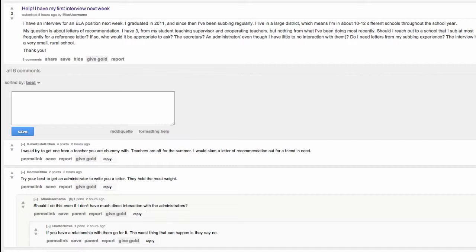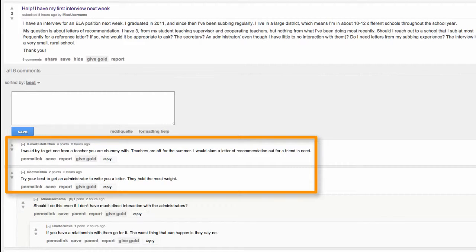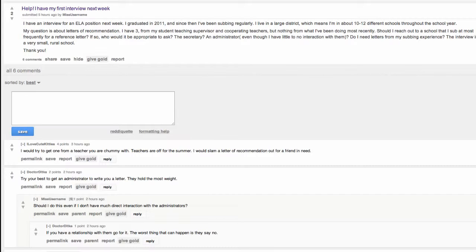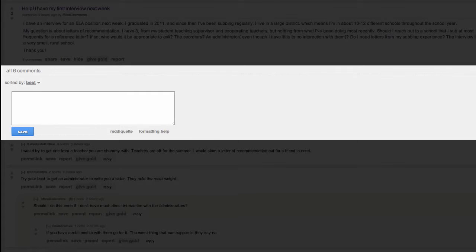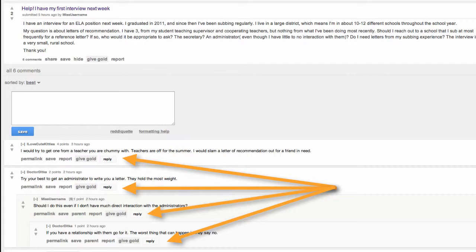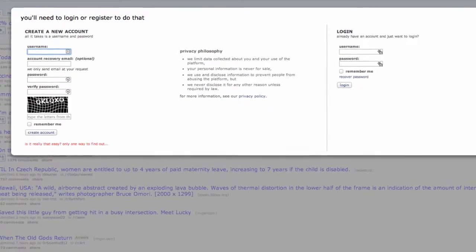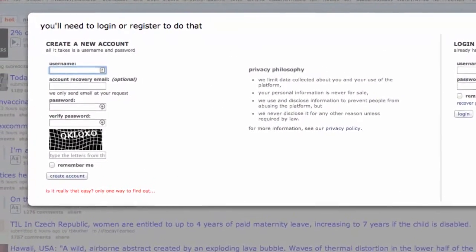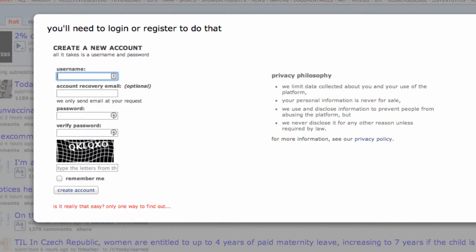The discussion page is split into threaded comments. Indented comments are a reply to the comment directly above them, with the furthest left comments being a direct reply to the original poster's comment, often referred to as the OP or original post. To add your comment, you can reply to the original post by clicking the reply link at the top, or you can join the discussion and reply to another comment by clicking the reply link under the comment you want to reply to. Of course, you'll need to sign up for a user account before you can leave comments. It only takes a moment to register, and you don't need to provide any private information.